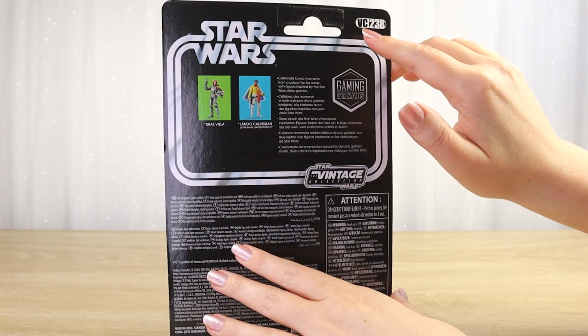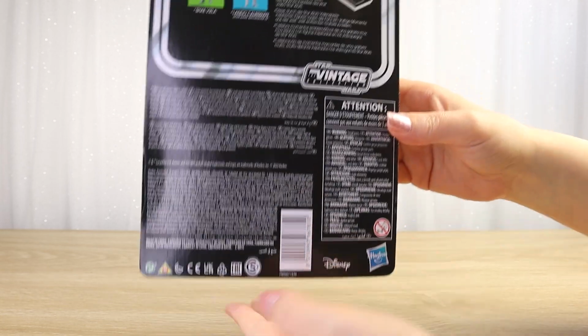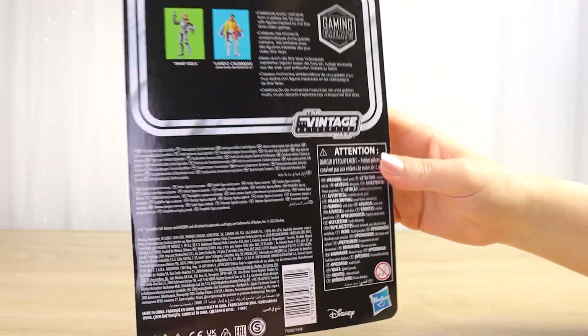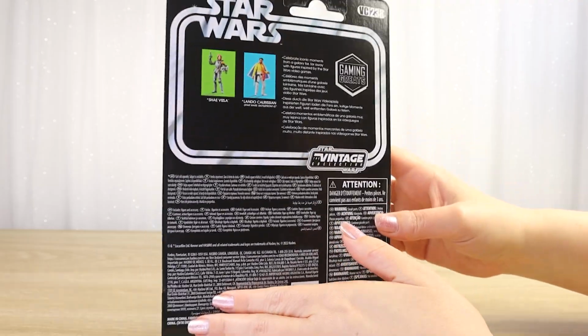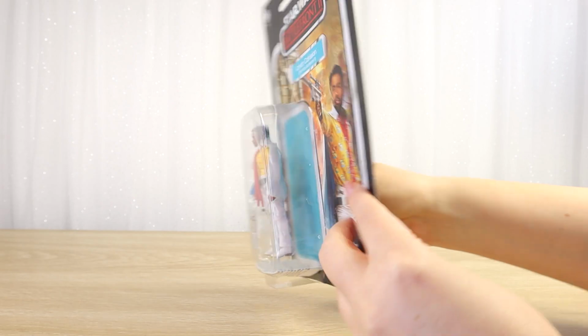We can see this one slightly older at VC238, and the rest of the backing card there is just barcode and all of that kind of copyright, warning text, all of that kind of stuff. I do kind of wish they found a way to condense this down. It does take up a lot of real estate on the back of the card, but generally speaking, I like